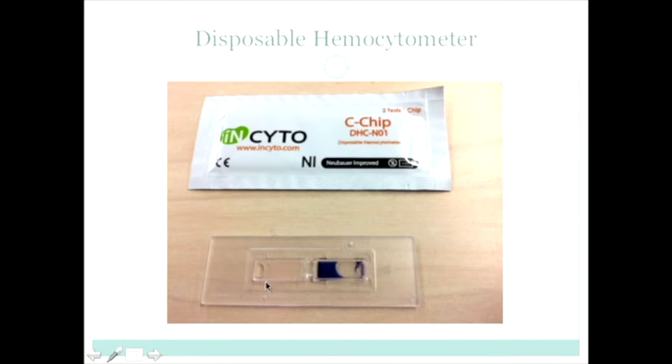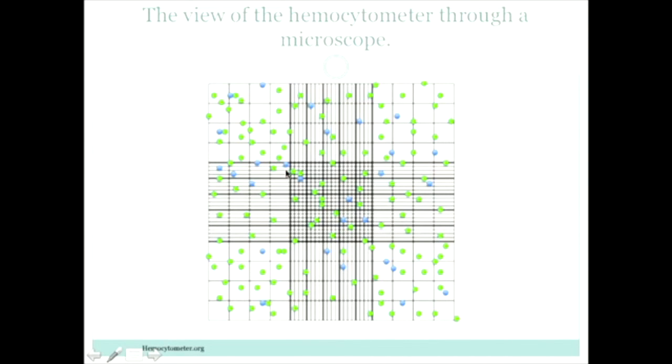I would like to show you a hemocytometer that is now on the market, a disposable hemocytometer. Before, it was a glass one, and you had to clean it after each time you counted cells. But this is disposable, so you count and just throw it away, and it's done. So how to count cells? Here is a hemocytometer with a grid, and you usually count 3 or 4 squares.